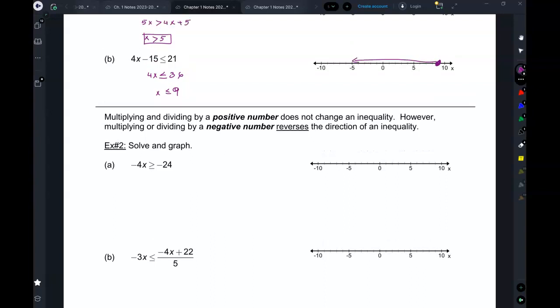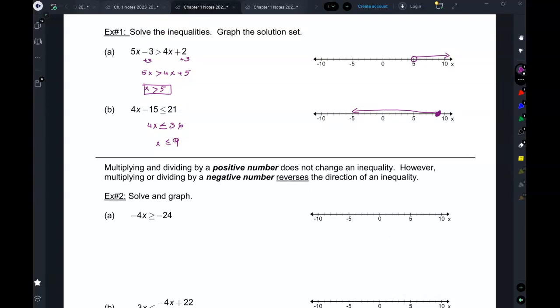Okay? So for the first one, obviously 6, 7, 8, 9, all of these numbers work. But also, so does 5 work? No. No, but what about 5.01? Yes. Yeah, 5.000001? Yeah, okay? And then here, like 8.99, 8.999, and also 9 will work, okay? All right, so